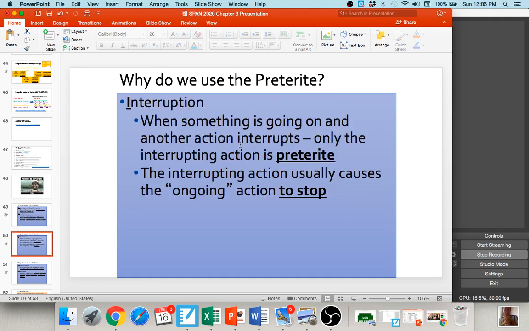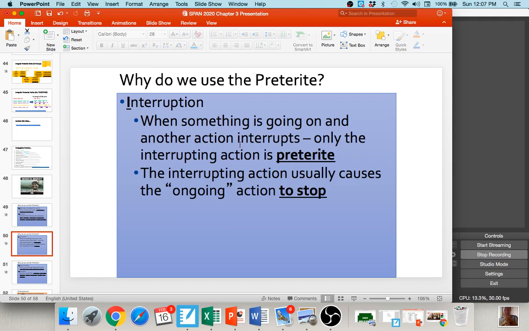The I is my favorite part, the interruptions, the I in VOICES for interruptions. Now, if you are a horror movie fan, you know that there's always a dumb blonde in horror movies, right? So I love using the horror movie example when teaching the preterite and the imperfect because generally one of your verbs is going to be in the preterite and the other is going to be in the imperfect. If you look at a sentence like this,